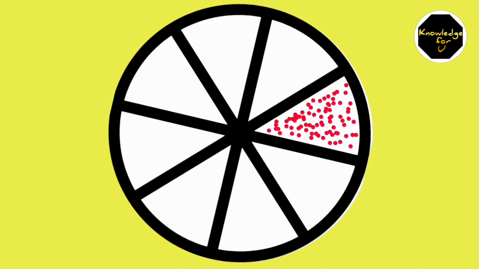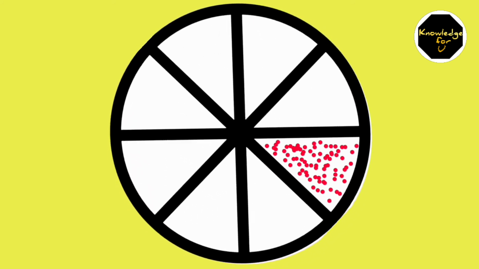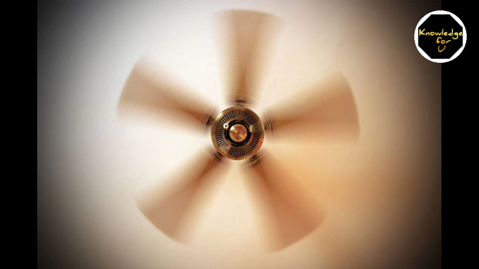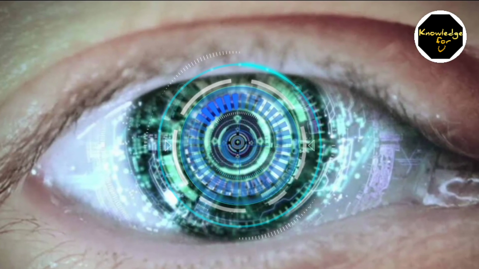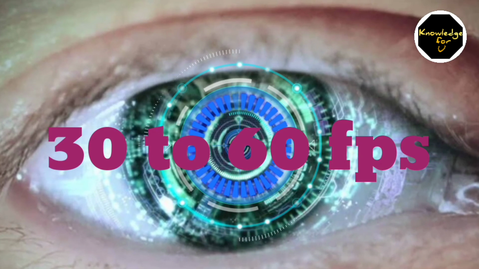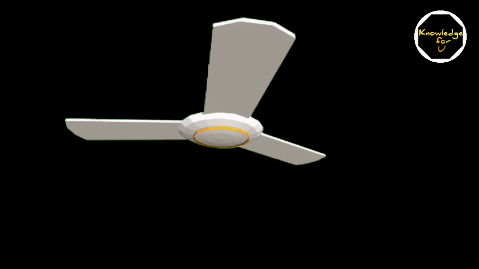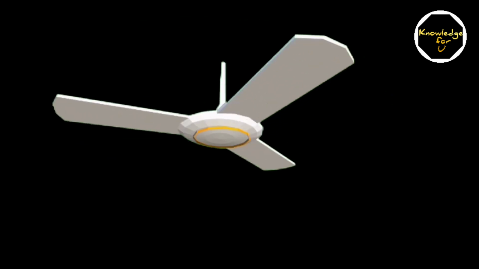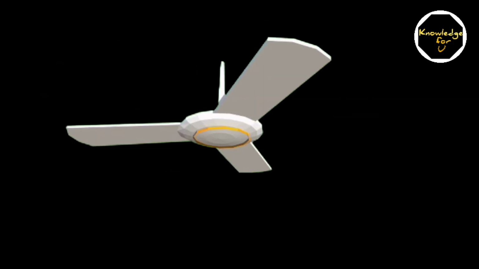We are shooting the video of this with the camera, and when we look at the results in the video, it seems to be spinning backward or spinning forward or being stable. But do you know why we can see this with our naked eye? The experts say that if our eye were a camera, then its maximum FPS is 30 to 60 FPS. So if the fan speed matches our eye, then we can see the same thing. Or else we can see the fan spinning backward, as I told you how it happens. So guys, this is the reason why the fan seems to be spinning backward.